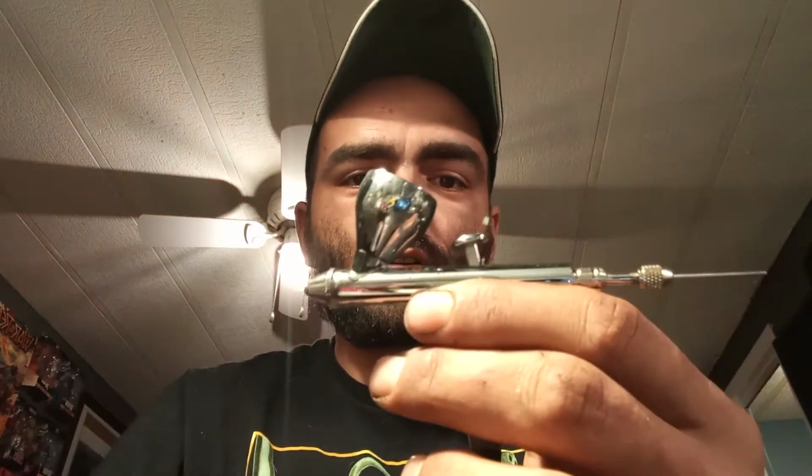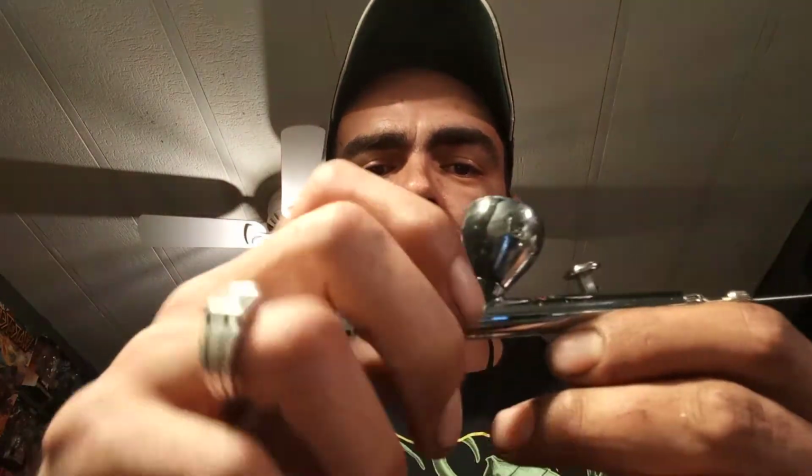Anyway, for airbrush, when I first got one of these airbrushes, I ran into a couple problems. One of them was it was clogging, and I just could not figure out what it was. I mean, I cleaned it thoroughly. What I found was, here's my airbrush. It's an Iwata. What I found was in this tip here,